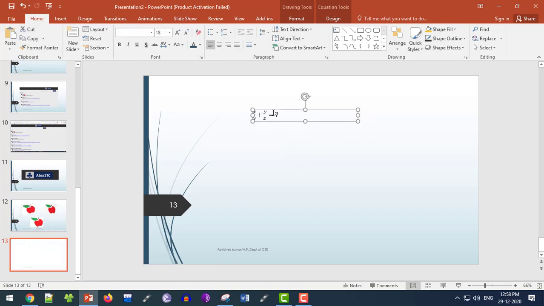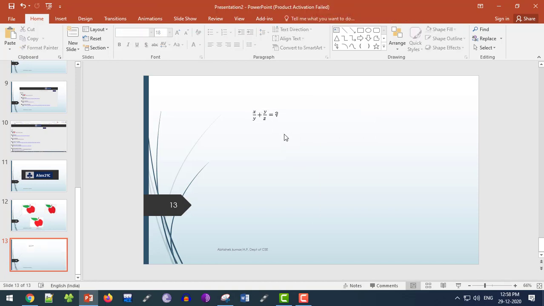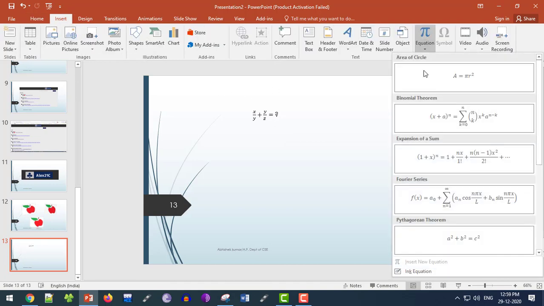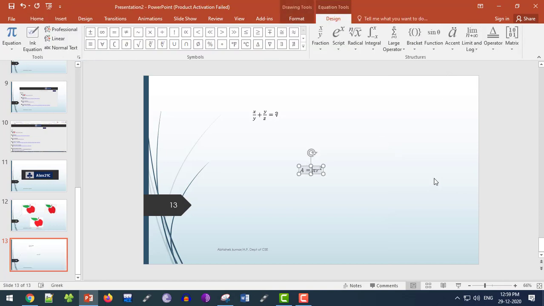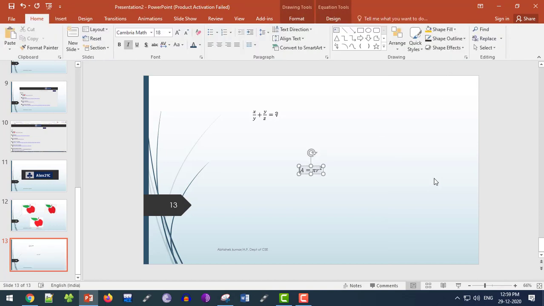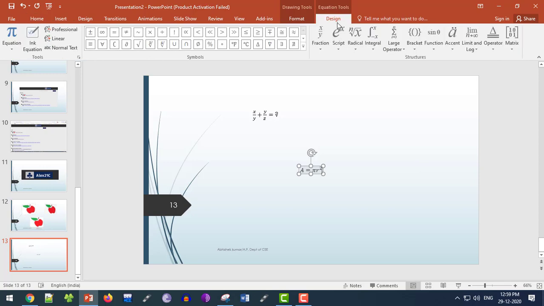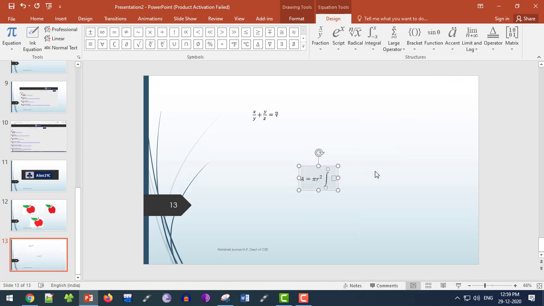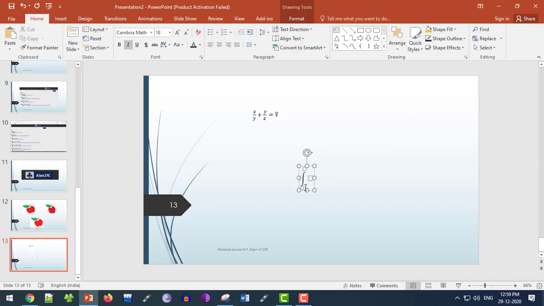Or if I want to write some complex integration formula, I go to the insert tab, go to equation, and select the first option. You don't need anything, but go to design, and this is the integration formula with these limits. I choose this one and delete all this. I set the limit from 1 to 10, and this value I can add here